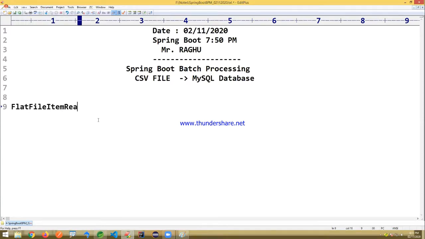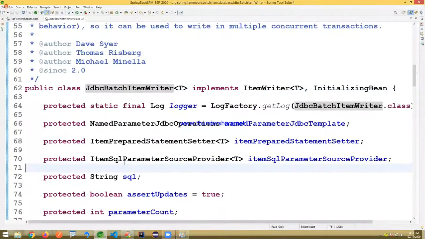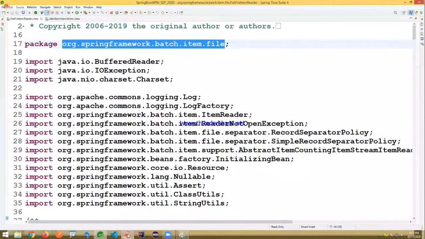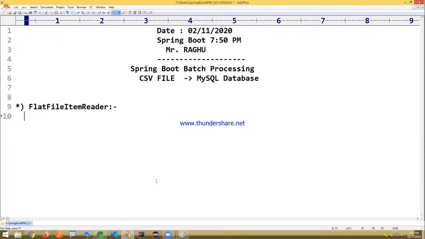Now understand some points. The flat file item reader is given by Spring Boot batch. You can see the package name.